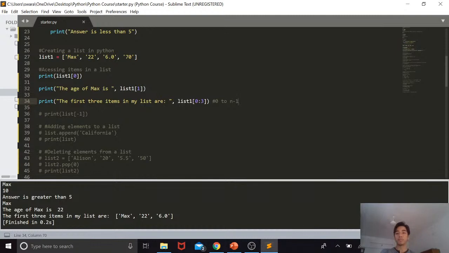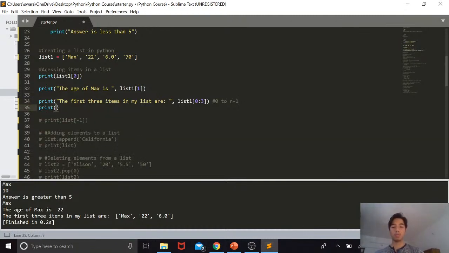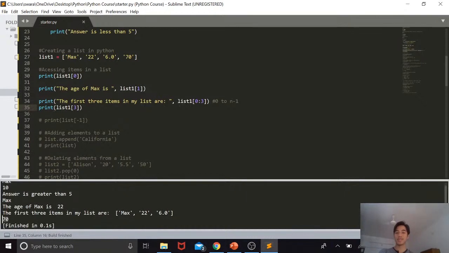What do? We could always do this thing, which is not wrong. Print list one, and then we could always count the last element in which index the last element is present. In this 0, 1, 2, 3, the third index is the last element. So when we go ahead and build this, obviously 70 is going to get printed, but what we want to